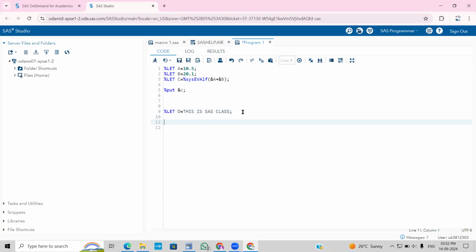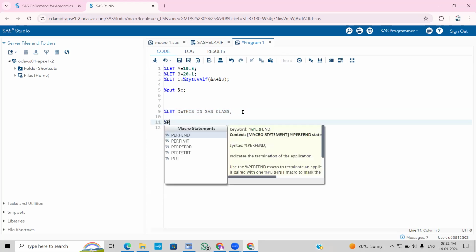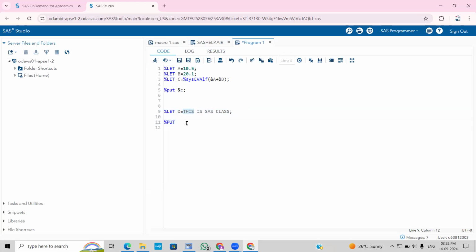So in this, if we want to extract the first word, this, what function can we use? I did not hear you, the voice is not clear. If we want to extract this first word, what function should we use? First word, we can use scan, based on delimiter. So to use any functions that exist in the data